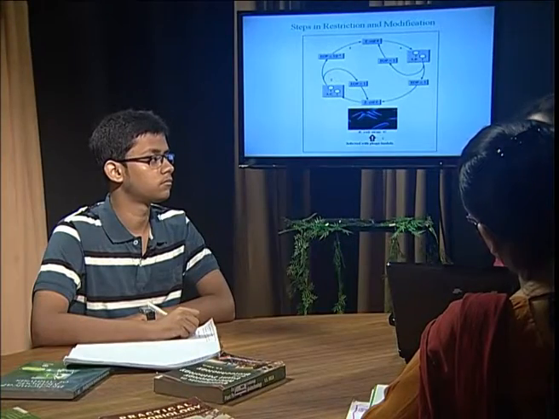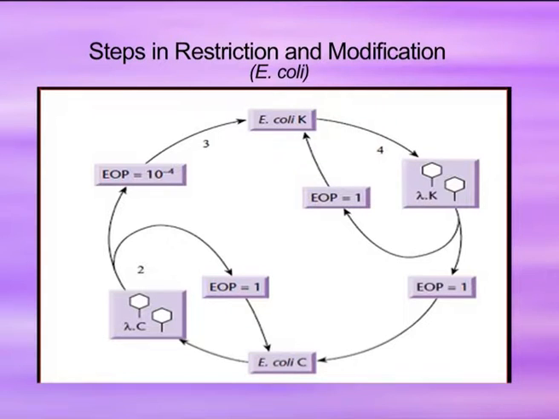Let us understand this with the help of a schematic diagram. Suppose we take bacteriophage lambda. We know that bacteriophage lambda is able to infect Escherichia coli. For this experiment, we take two strains of Escherichia coli, strain K and strain C. Now what happens? If we generate progeny virus on strain C by infecting E. coli strain C with bacteriophage lambda, we collect the phage lysate and then titrate it on two particular strains, that is, strain C and strain K.